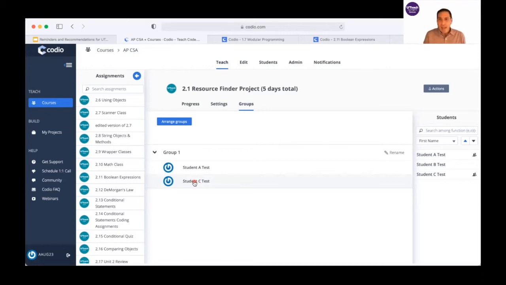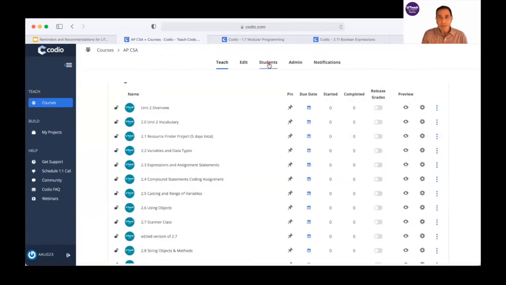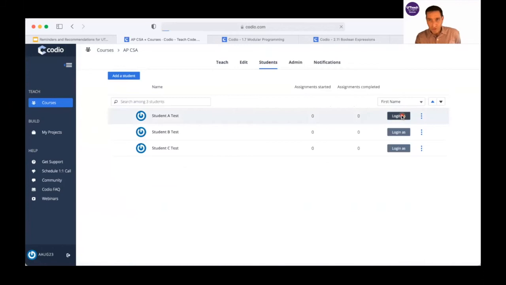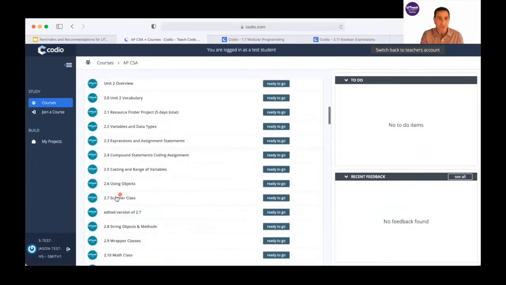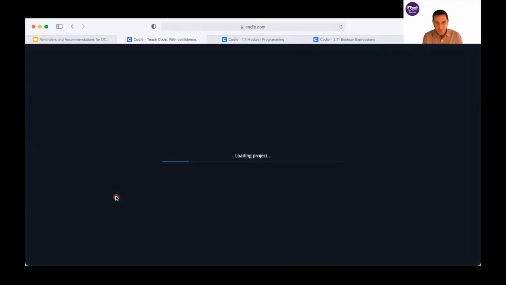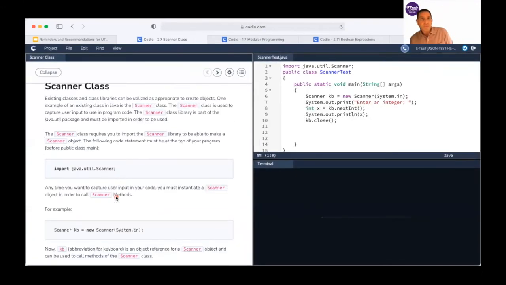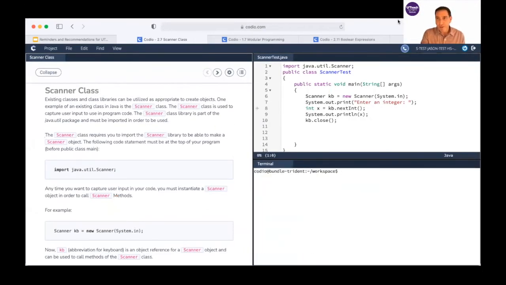Okay, now, how does video chat work? So what I'm going to do right now is go in as one of my test students, okay? And we're going to look at the video chat feature that they have. So let's just go to assignment 2.7 scanner class, okay? All these students are actually in a group together. All right, and you'll notice that here is our assignment. So I'm here in student view to show you what video chat looks like for your